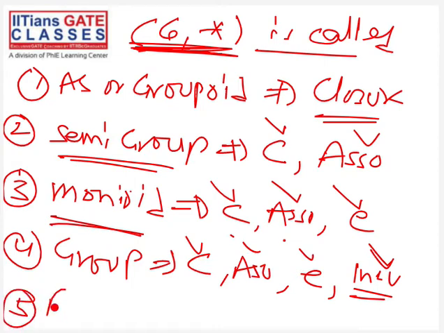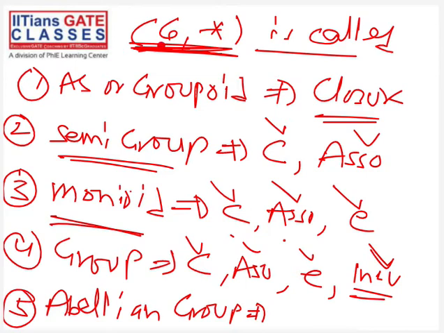Now the fifth thing is abelian group. So what is this abelian group? Now this pair G comma star will be called abelian group if and only if all these four properties satisfy: closure property, associative property, identity element must exist, inverse must exist, and also commutative property must satisfy. So this is your complete thing. This is complete group theory. Now actually group theory is over, because we have already seen these five properties and these are just the definitions.